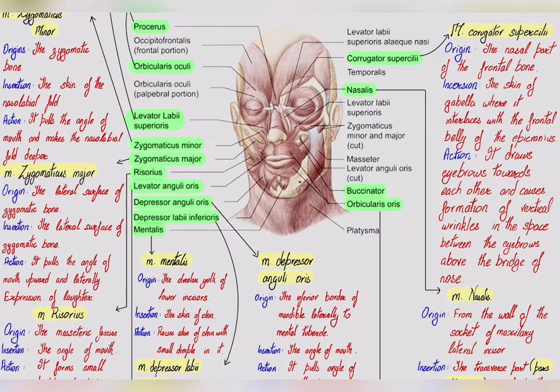Now, the next muscle that we see over here is the buccinator muscle. Now, buccinator muscle originates from the pterygomandibular ligament, as we all can see over here. This one is the buccinator muscle. Now it is over here, completely over here. It originates from the pterygomandibular ligament, which continues with the superior constrictor of the pharynx. Now it blends up with the orbicularis oris, which is located over here, and we can clearly see the blending up over here. And the action that it performs is that it tightens up the cheeks and keeps them in contact with the gum, thus preventing the collecting up of food in the vestibule of the mouth.